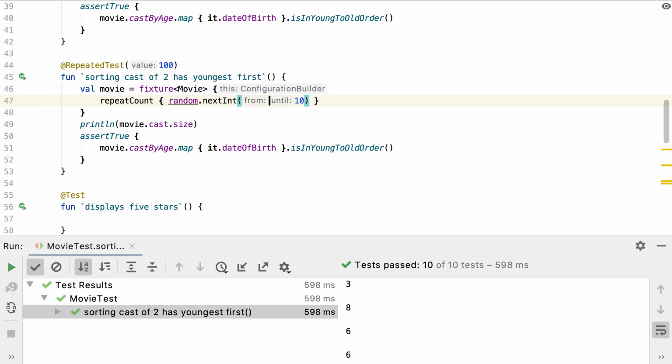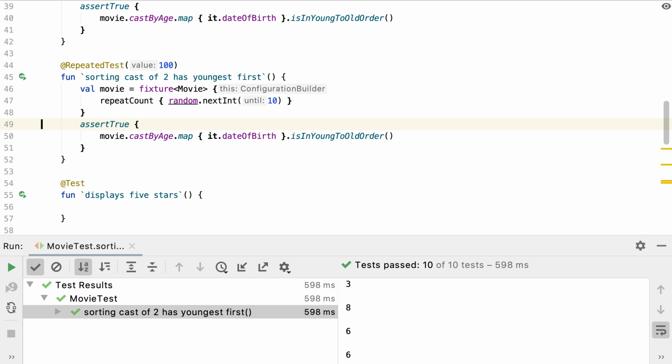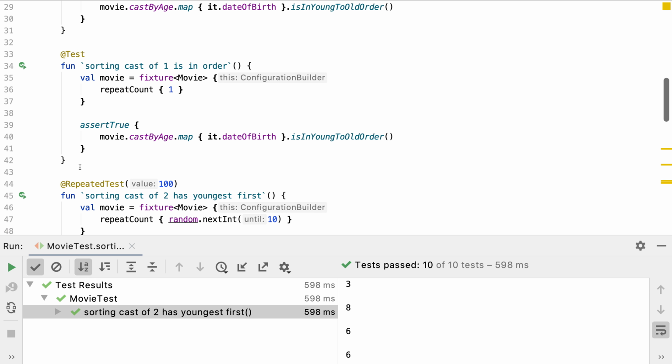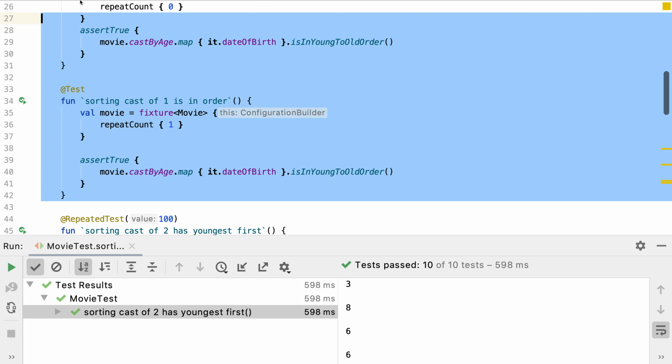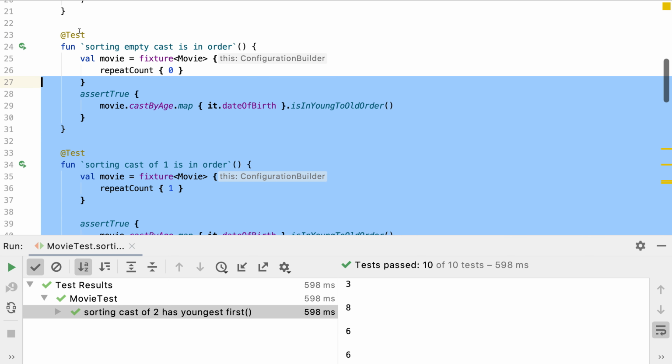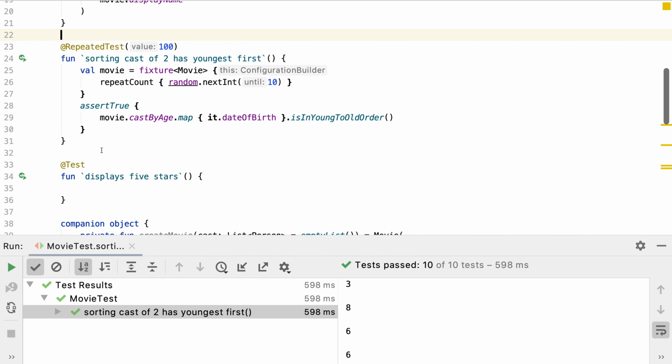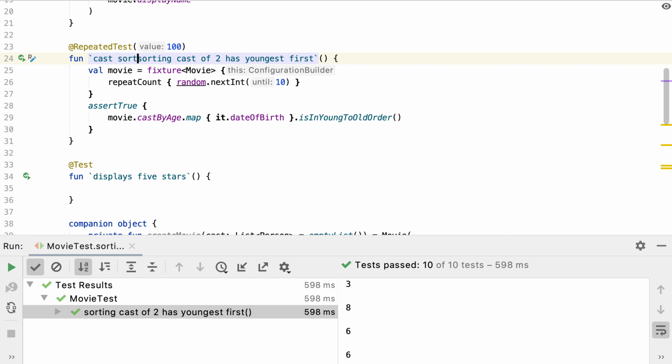With this particular test though, there's no reason why we cannot generate cast lists from size 0, and repeating the test more times gives us a higher probability of that test case being covered. This then has the added benefit we can remove those first two test cases to simplify things down further. We'll just quickly rename that test so the name makes more sense.